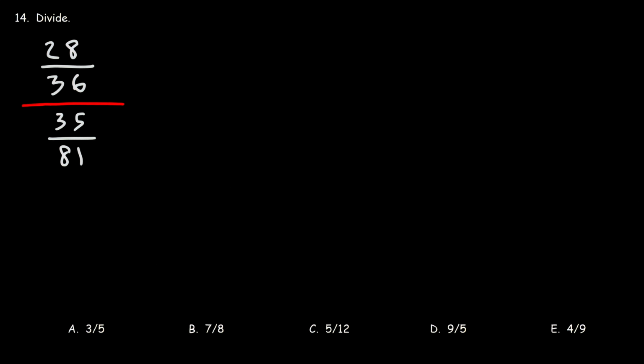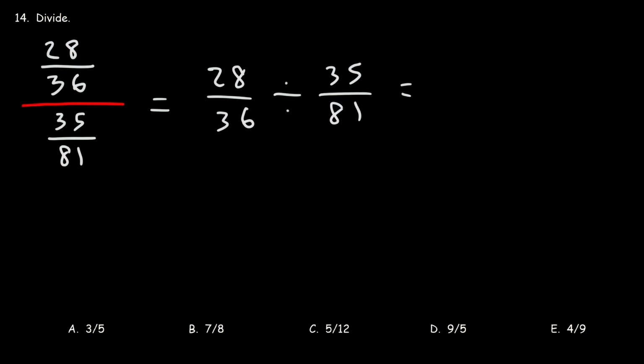Number 14, divide. So here we have a complex fraction. We have fractions within a fraction. But what this is saying is we have the first fraction, 28 over 36, divided by the second fraction, 35 over 81. Now we still need to modify it. Perhaps you heard of the expression keep, change, flip. We need to keep the first fraction the same. Next, we need to change division to multiplication, and then we need to flip the second fraction, so it becomes